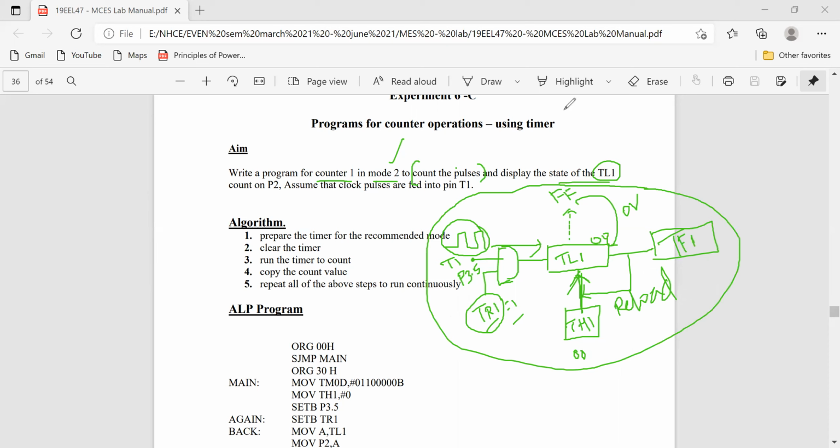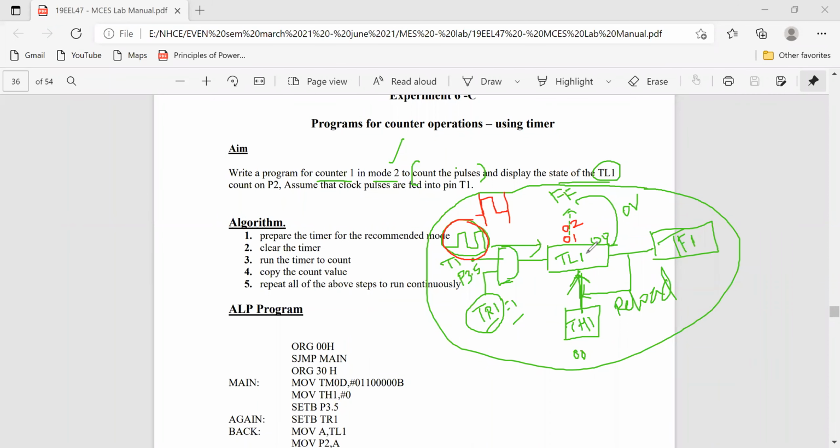Now, depending on this particular signal, for every time period, that is, for every positive clock or whatever it may be, this value will be incremented 1, 2 like that.